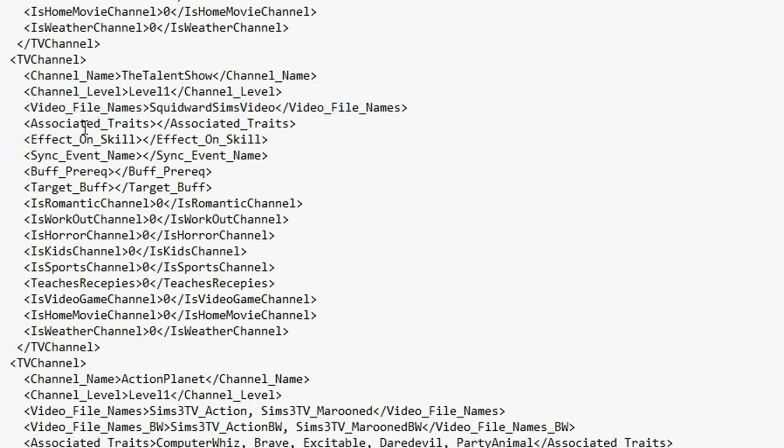The Associated Traits section means that Sims with those traits are more likely to turn on this channel. Let's say we want Sims with the brave, evil, and party animal traits to use this channel more. Effect on skill means that it will build up a skill of your choosing, either cooking, fishing, or gardening. I don't know if it'd work with other